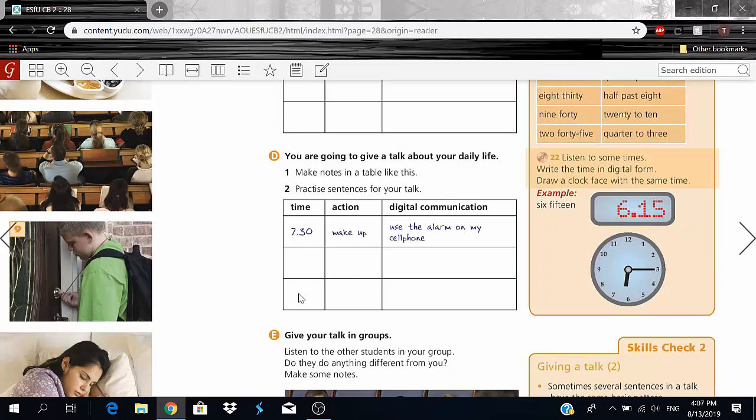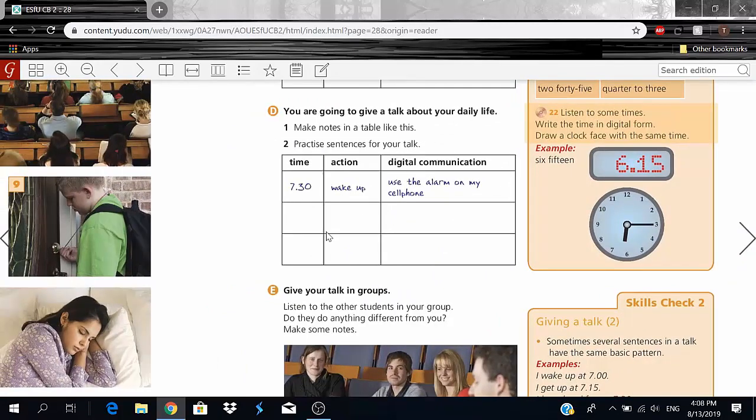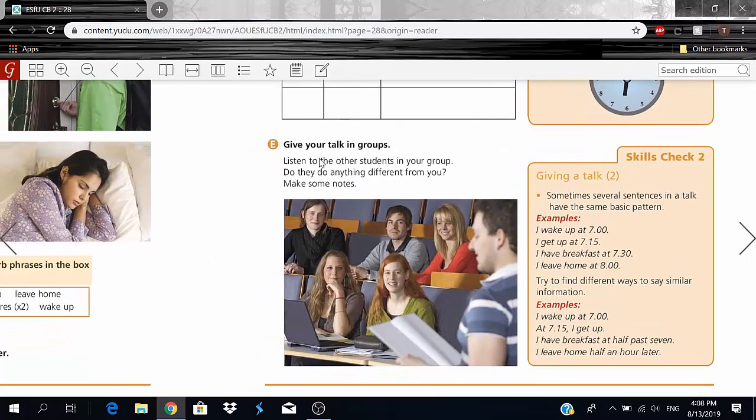And for time, I could also say one more thing, probably at around 7. Okay, so 7 a.m. for me, lectures start. So I turn off, or not turn off, I actually hand my cell phone to someone, and either record lectures with an MP3 player or simply just do nothing, okay? And yeah, that's kind of the style that I'm going for, you guys, okay? So try to make notes of that sort, and obviously use these notes as a way to practice your talk, okay? Now, let's move on to giving your talk in groups.